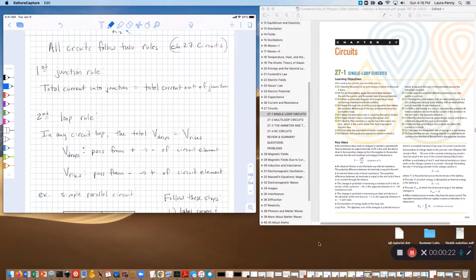Any circuit, all circuits follow two rules. And you can use these to analyze any circuit whatsoever and be able to solve for just about anything you need to know in the circuit. The first is called the junction rule. It says that the total current that comes into some junction has to equal the total current that goes out